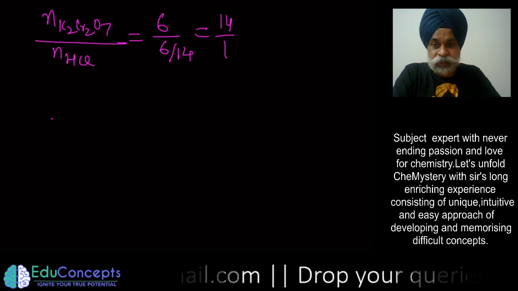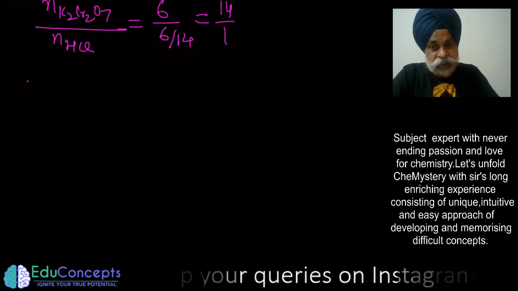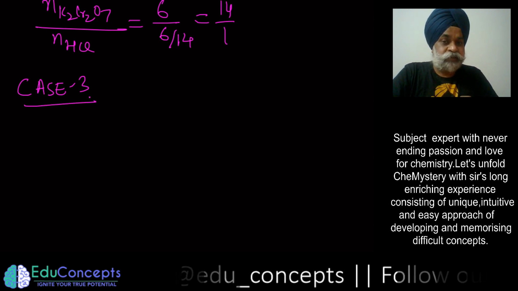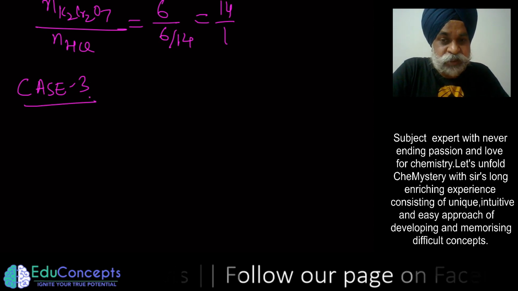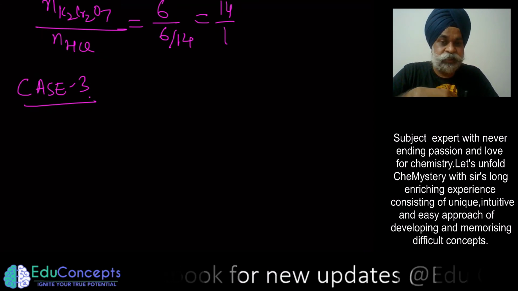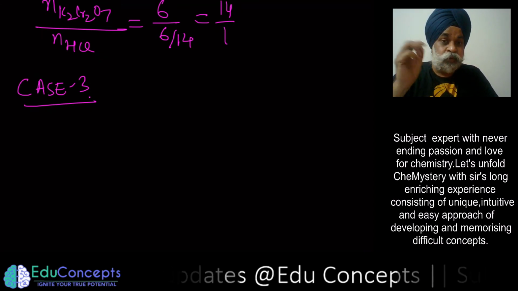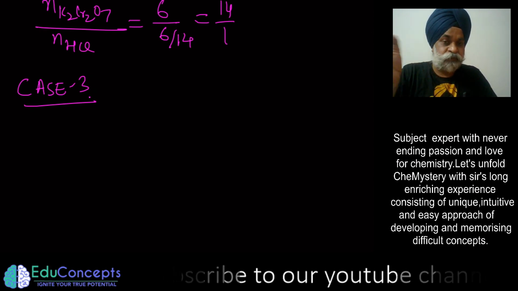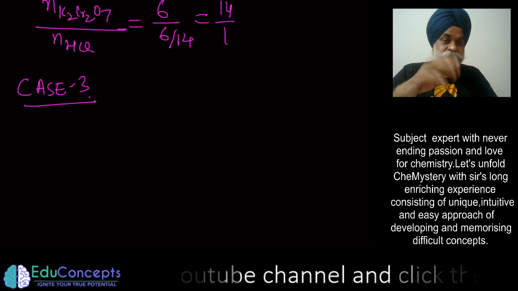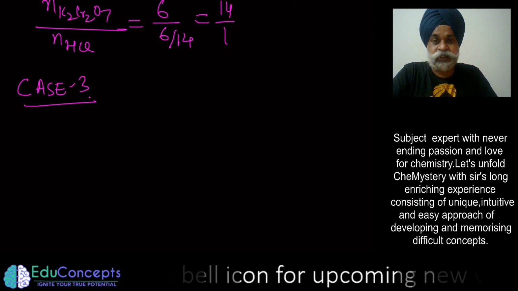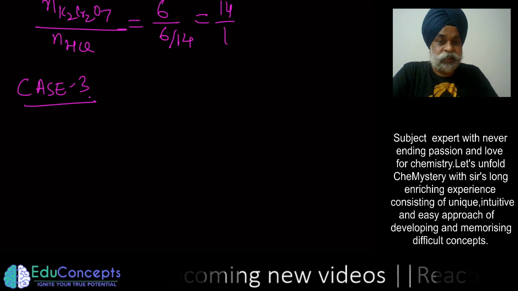So in upcoming videos, you would see some other cases. That would be case number 3. Just for curiosity, I would pass it to you what the other case would look like. In that case, more than one element is going to change in oxidation state, and they are obviously going to different products or to the same product. So there would come other cases.